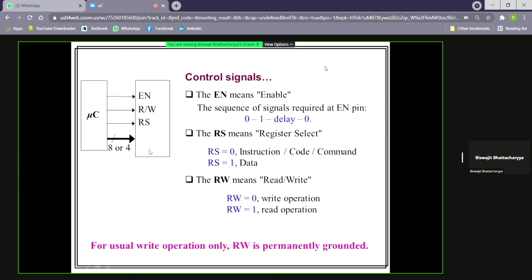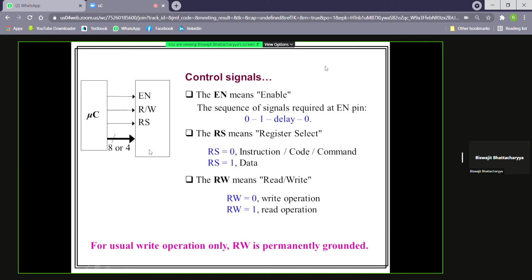Note that normally, microcontroller does not read the LCD controller. It is required to read when microcontroller wants to know the status of the LCD controller or LCD module or such things. But most of the time we don't want to know the status. So read operation is not very common in our case. Always we want to write something into the LCD controller, whether it is an instruction or a data. So RW pin should be most of the time 0.